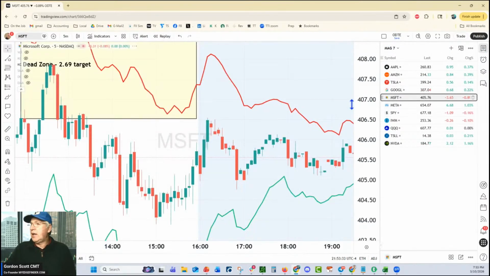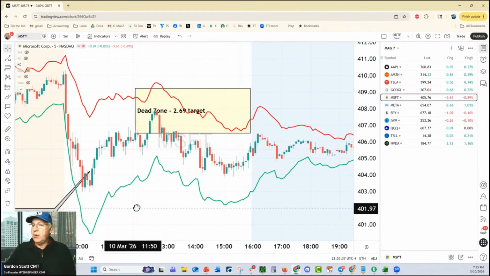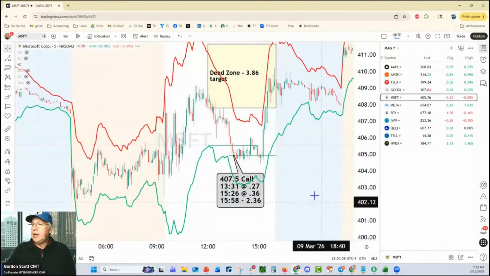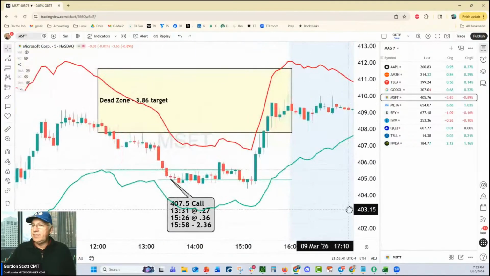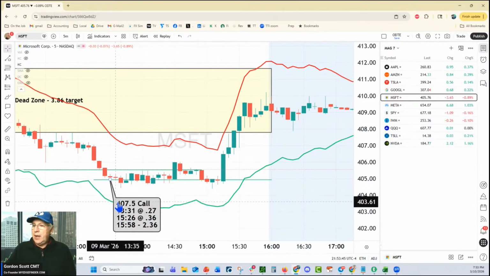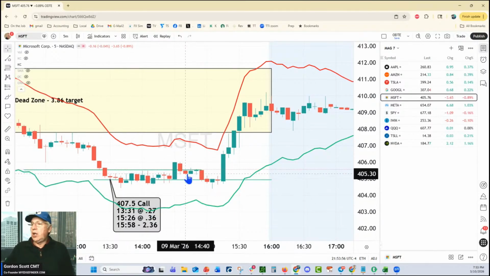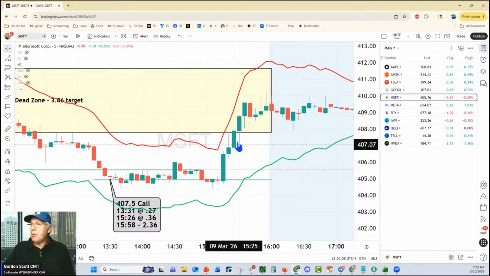Yesterday, however, I traded not only ETFs but also Microsoft. Right here was the Microsoft trade I took. Look at this. At 407.50, or sorry, right here at this level with this bump, then I was able to get the 407.50 call at 27 cents. This one took a long time, but all of a sudden the market shot up at the